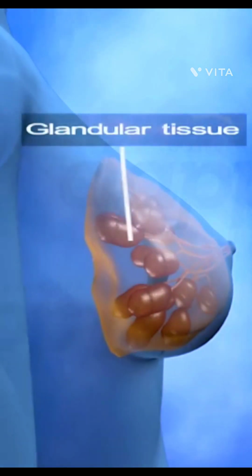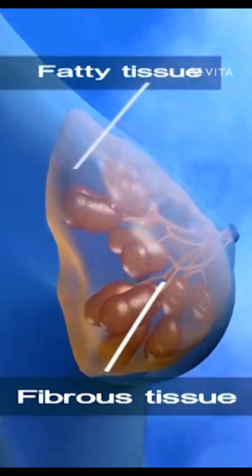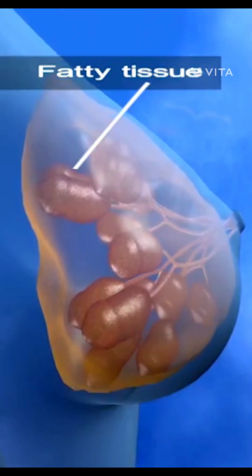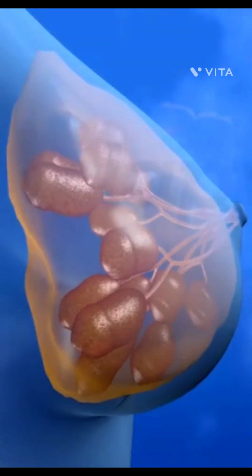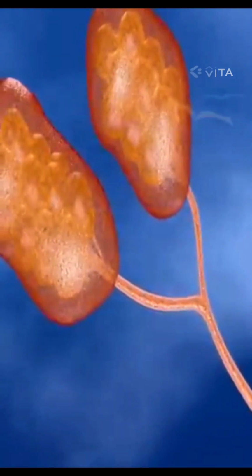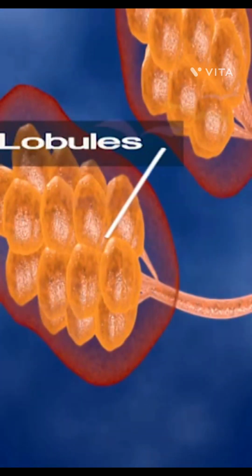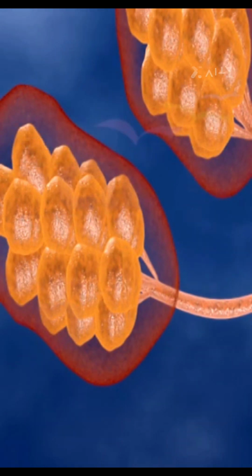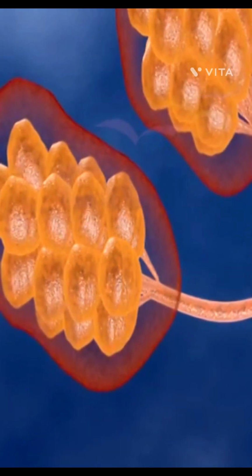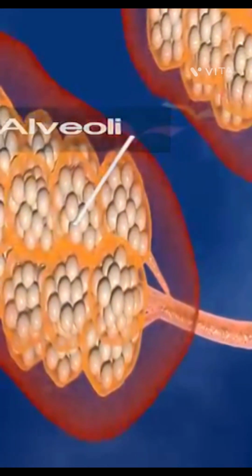Breast consists of a glandular tissue called mammary glands, a fibrous tissue, and a fatty or adipose tissue. In each breast, the mammary glands are divided into 15 to 20 compartments called mammary lobes. Each lobe has lobules. Each lobule has a cluster of milk-secreting glands called alveoli. When the baby sucks the nipple, milk produced in the alveoli